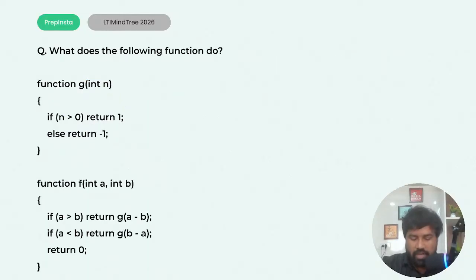Just look into the next problem. See, I told you pseudocode based questions, they will give you at least 5 questions, guys. That's why I have taken all the previous year pseudocode questions as well. So just look into the problem.